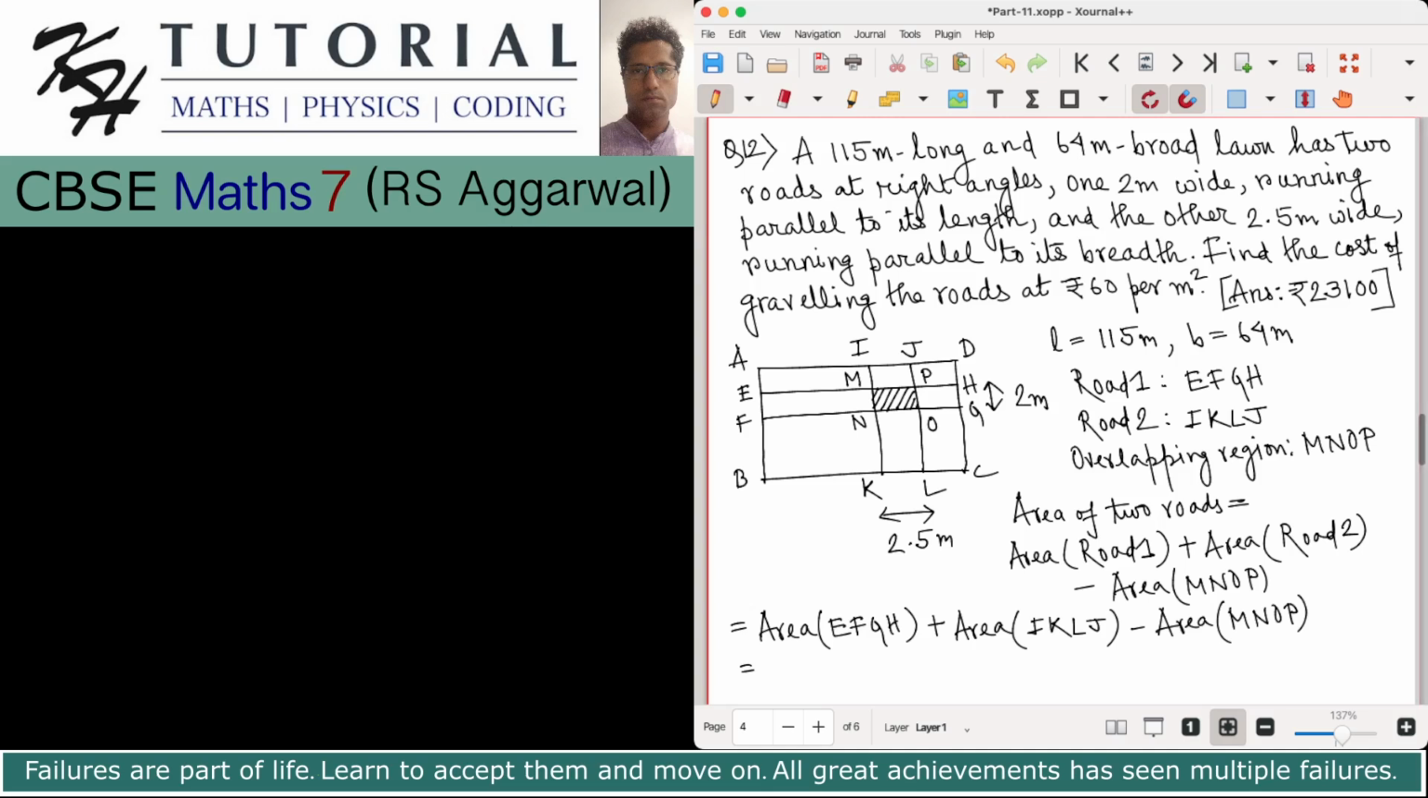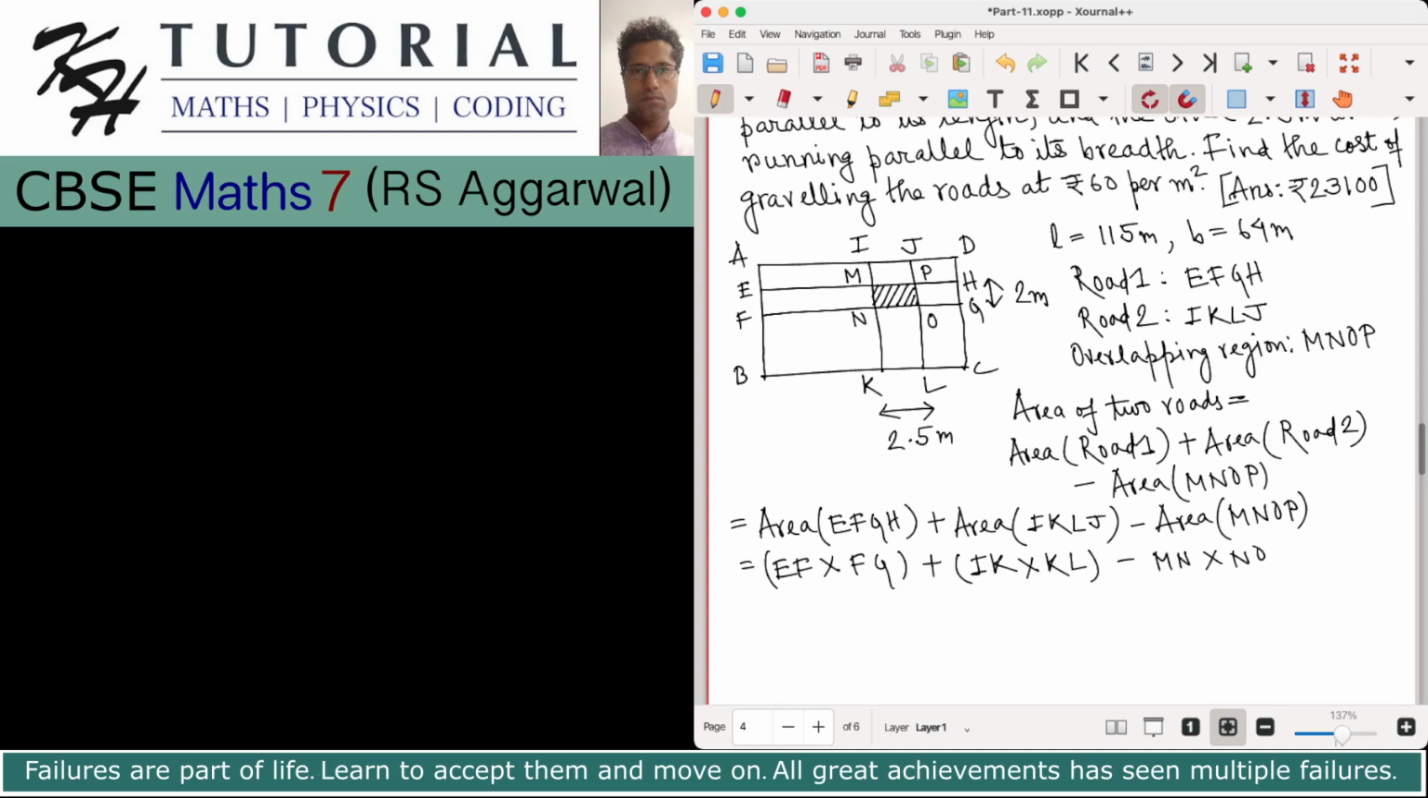Okay, so the area of rectangle EFGH will be EF multiplied by FG, plus the area of rectangle IKLJ, which will be IK multiplied by KL, and the area of rectangle MNOP will be MN multiplied by NO. What is EF? EF is the width of the road running parallel to the length. So this is 2 multiplied by FG. FG is the length of the road, which is 115,